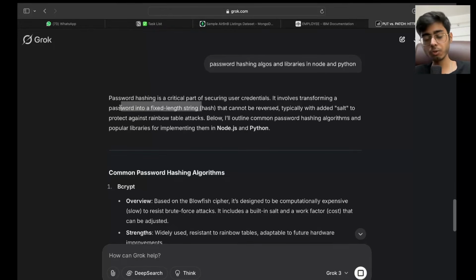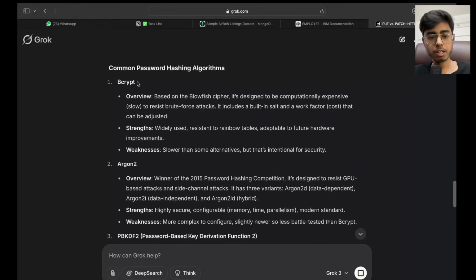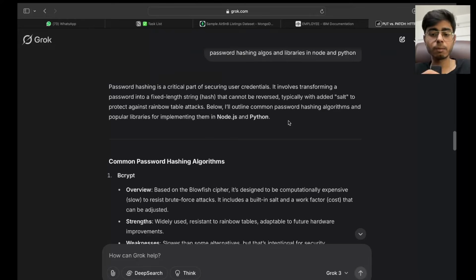We took base 62, so a 62 character string, and we have the bcrypt library. bcrypt takes your password and converts it into a hashable format using a salt. Salt is like a unique number that you add, and it randomizes your hash, right? So that no one can actually predict it. So you can use this salt to randomize it.